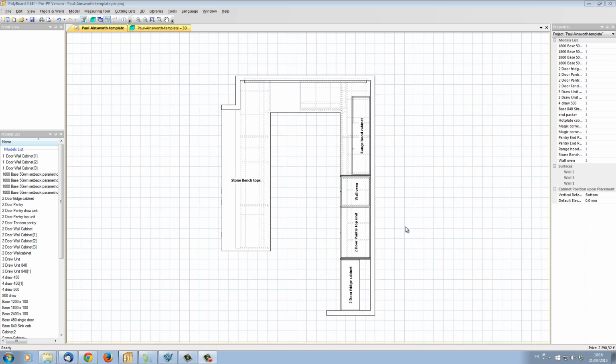When we look at our project in plan view, we can see how Polyboard is going to name each different face of our project. The front of our project is here at the bottom of our screen. The left of our project is here on the left, and the right of our project on the right, and the back of our project is here at the top of our screen. And we're going to use this terminology to define how we're going to display the different views of our project